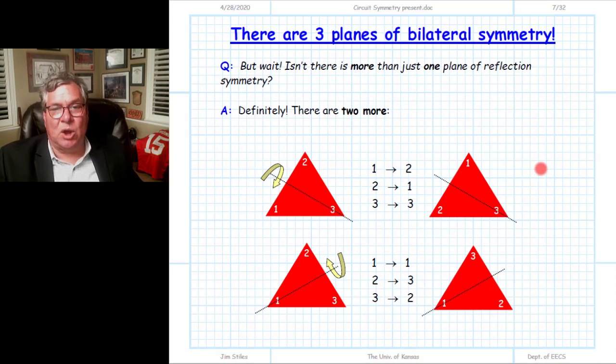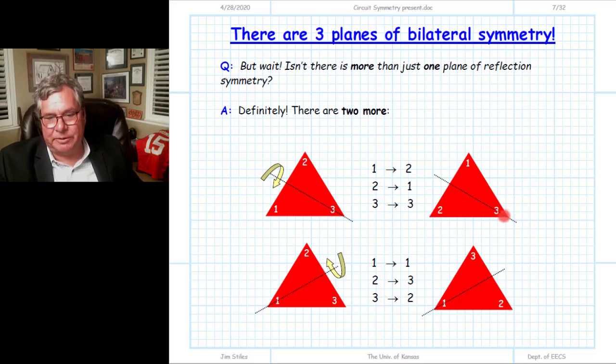Now, it turns out, of course, that's not the only plane of bilateral symmetry of an equilateral triangle. There's a plane that bisects each corner of the triangle, each of the 3 corners there. So there's another plane of bilateral symmetry, reflection symmetry, which intersects the corner 3 right here. And in this case, if 1 reflects to 2 and 2 reflects to 1 and 3 of course stays the same, under this permutation we get this. Again, if we erased the numerical labels here, we couldn't tell the difference between these 2 equilateral triangles. These 2 triangles are congruent under this operation, a reflection across this plane,